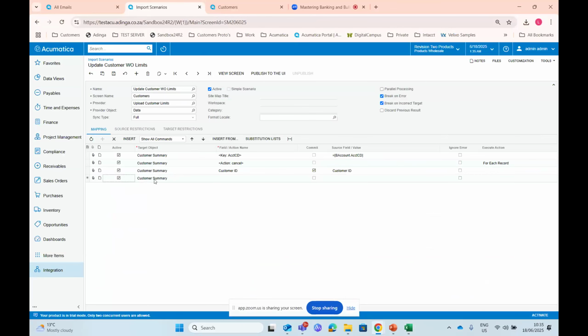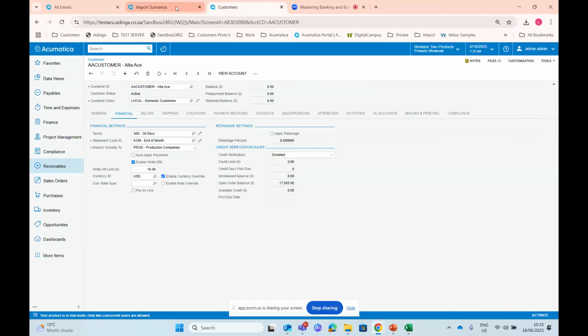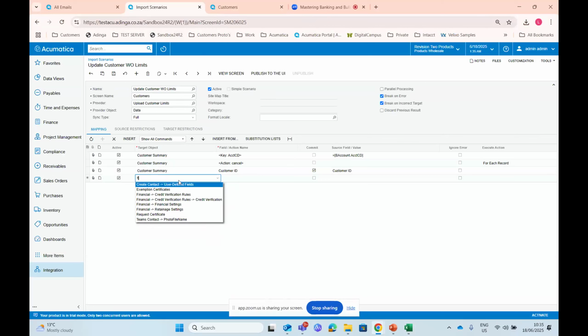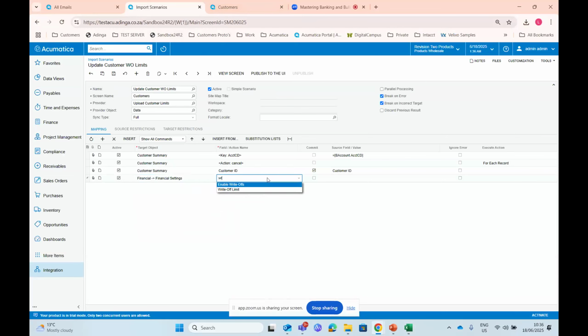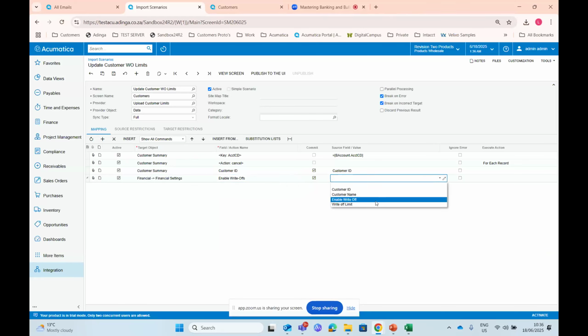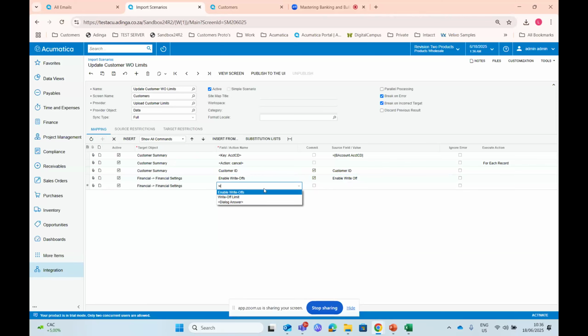So where did I find it on the screen? It's under finance settings. So I will type here finance, and then you can see these finance settings. So exactly where it is on the screen is where you will find it in the import scenario. So I'm going to say write-off. So enable write-offs, and that equals my enable write-offs, and my limit, and that will be my Excel limit.